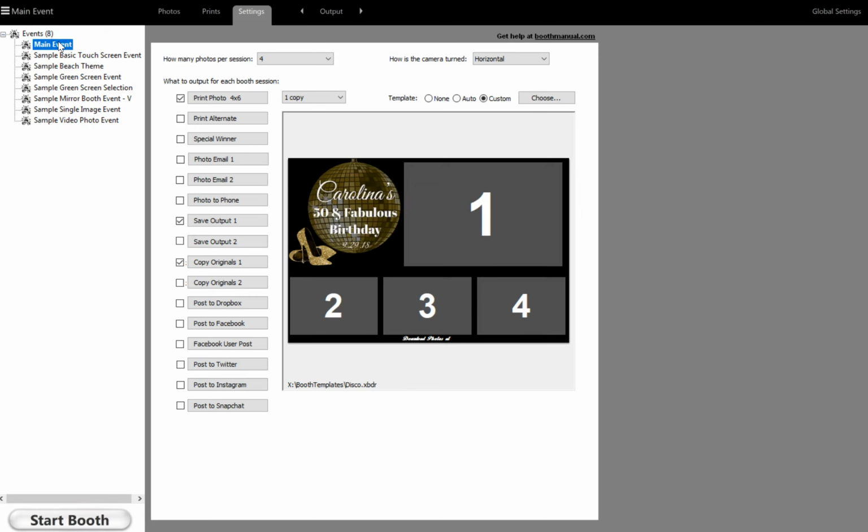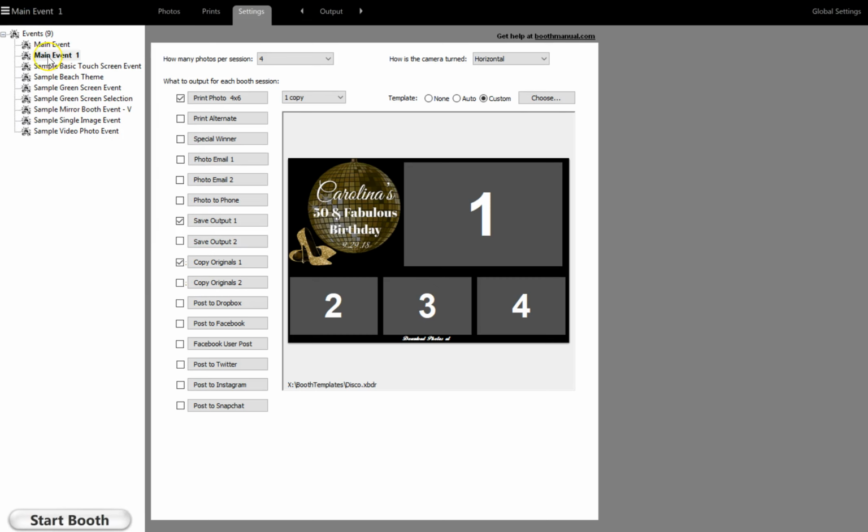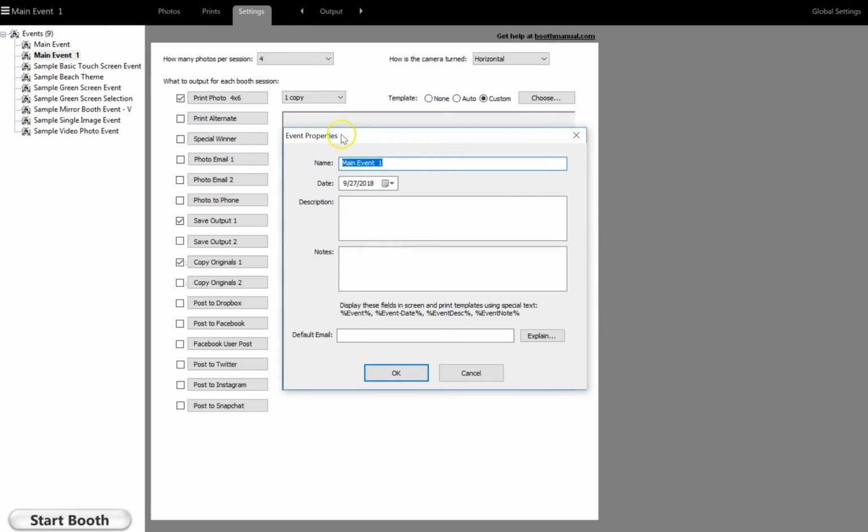Okay, in case you want to duplicate an event, let's say you like all the settings that you already set here, and you want to save the same settings, you can right click on it, or you can just hit up here and then duplicate the event. All of the settings on these two profiles are the exact same. The only thing in this situation is I want to label this one, so I'm going to double click on it and label this one